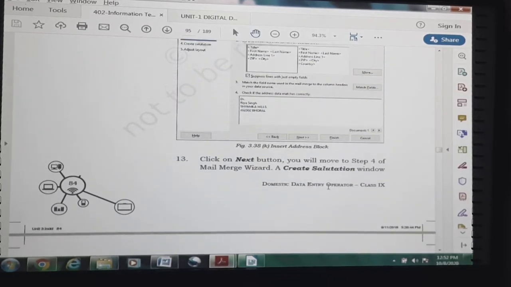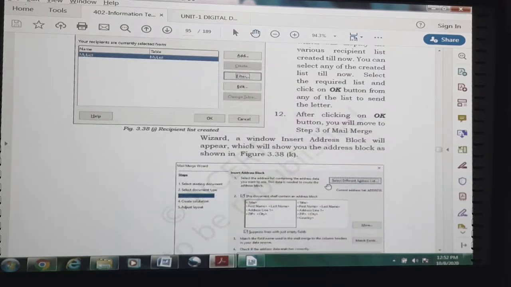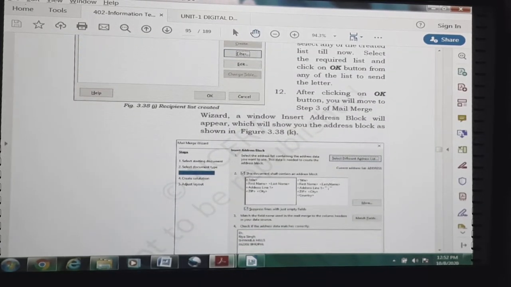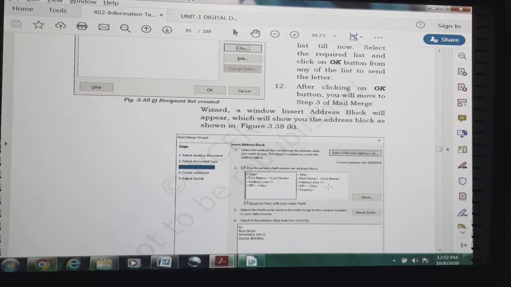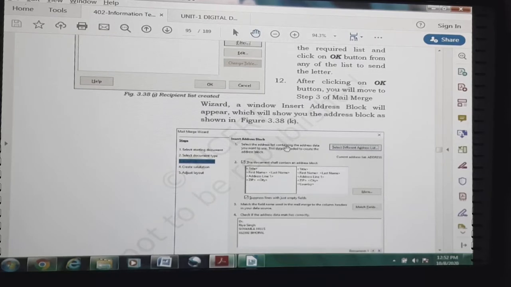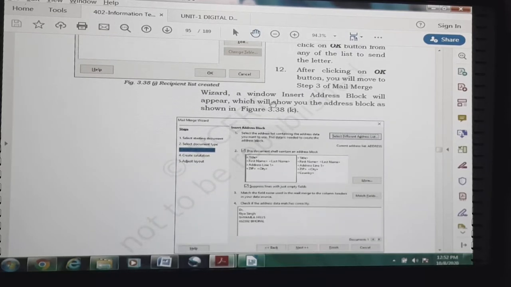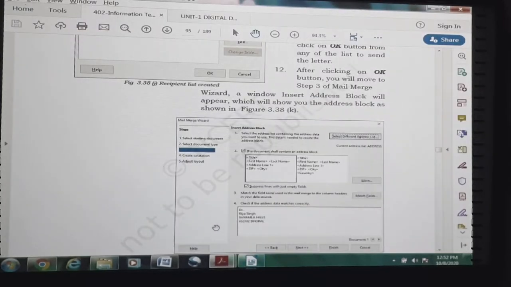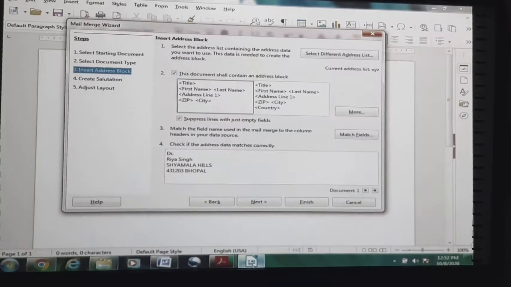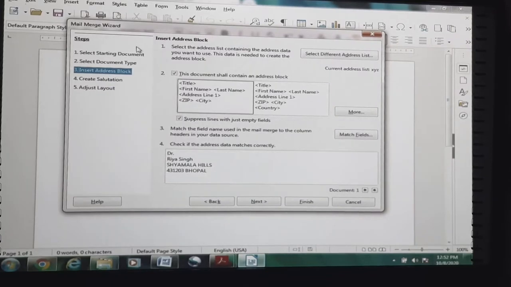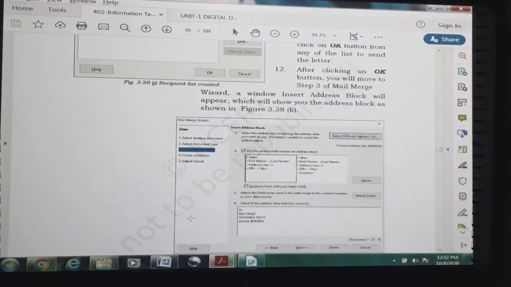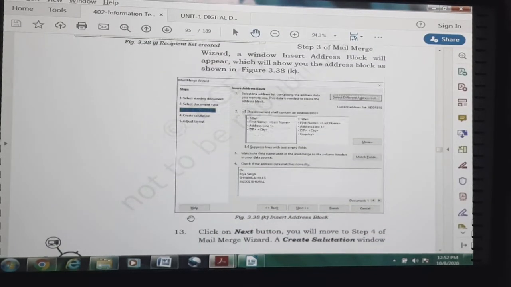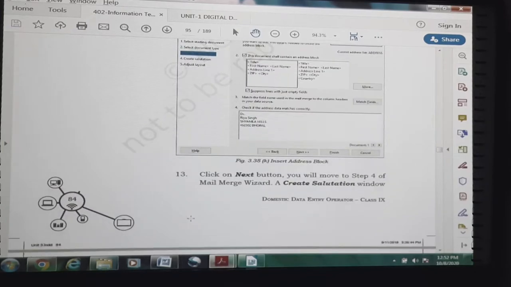After you move to step 3 of the mail merge wizard, an insert address block window will appear, which will show you the address block as shown in figure. Okay, so this is the insert address block, which shows the details which we have just entered. After checking the content, we will move to the next step, that is clicking on the next button.